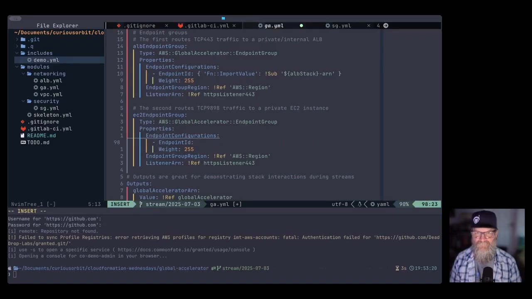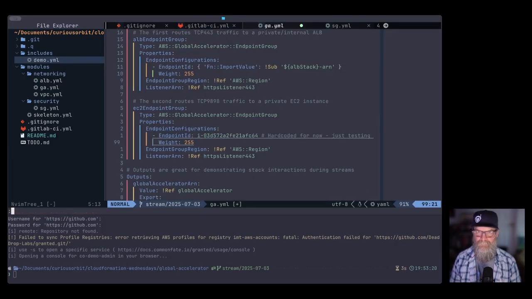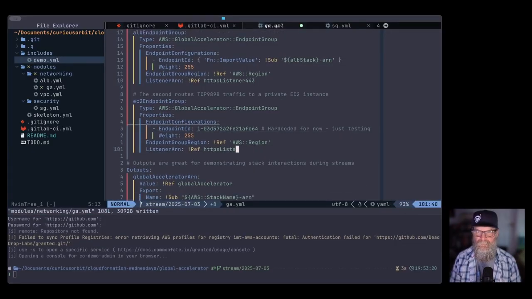This will be our EC2 instance ID for the time being. Let me just grab that. So that'll go there. And I'm just going to make a note: hard-coded for now, just testing. Okay. And then this is going to change to